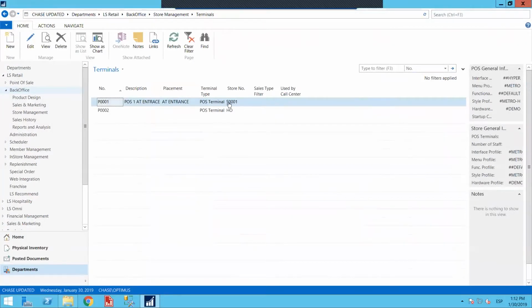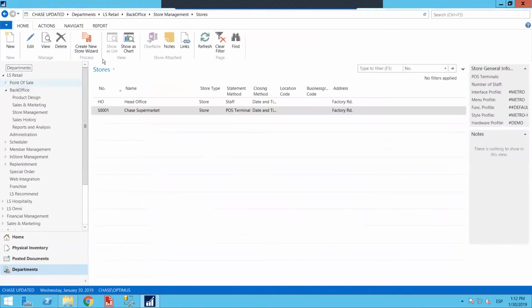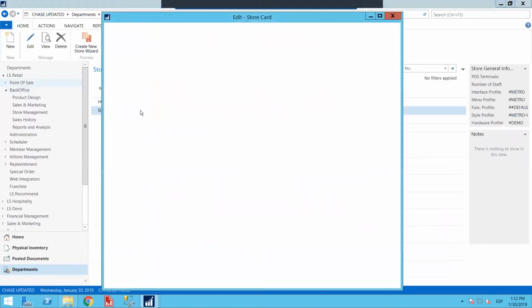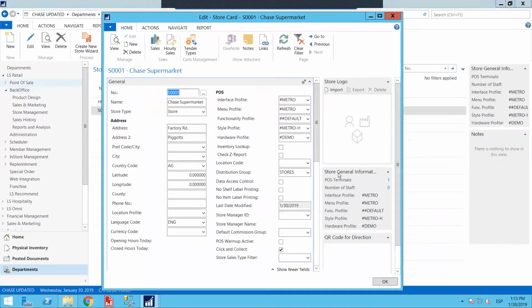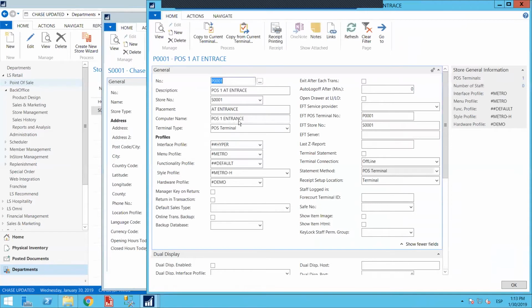At the entrance, this is the POS for store number one. So if I go back to the stores and I take a look at my store, it currently has one terminal, right? So once again, as a rule, mandatory rule, we must create one store. These are just the very basic, just to make it functional. And we have one terminal, and we need to once again create our terminal. And here once again I have made just the very minimal functional